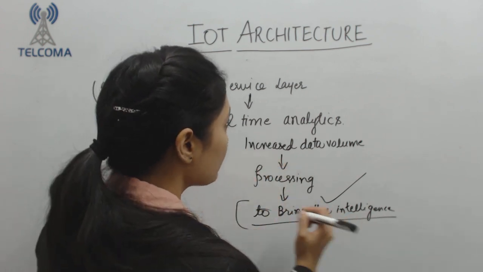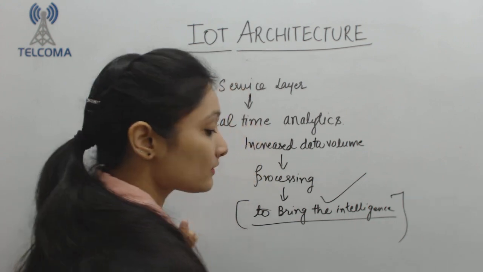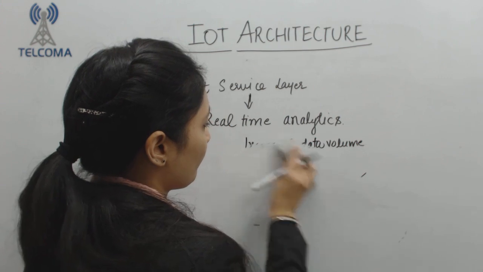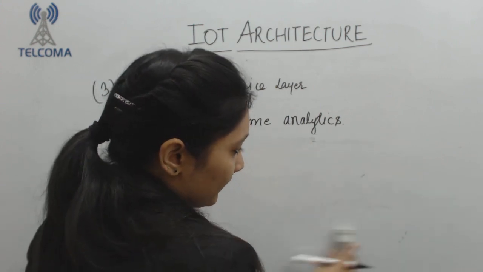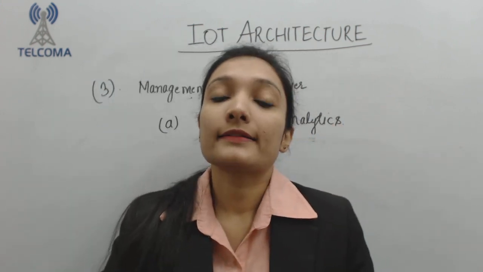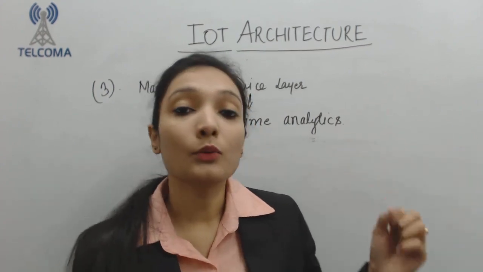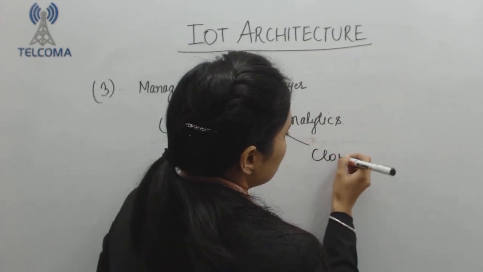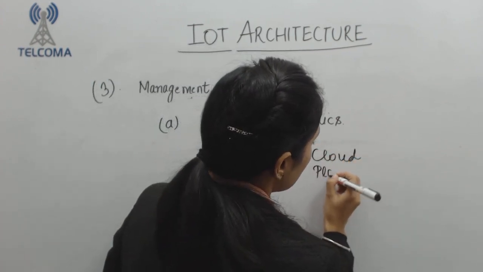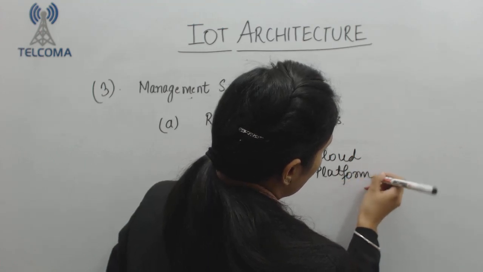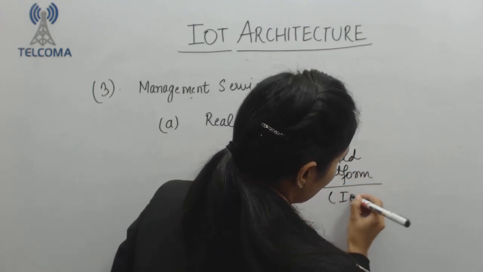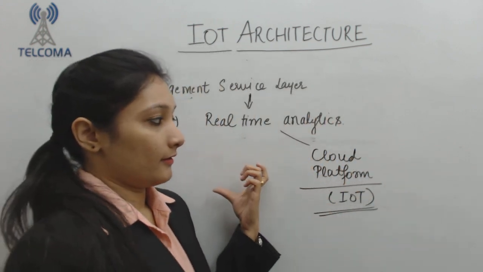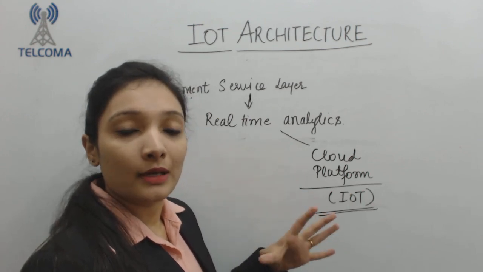So that means the processing, the real-time analytics here is used to bring out the intelligence from the data. Now these analytics will be performed in your cloud computing platforms. So we have cloud as a supporting platform for your Internet of Things. Now, earlier, or in the present scenario, what happens is this